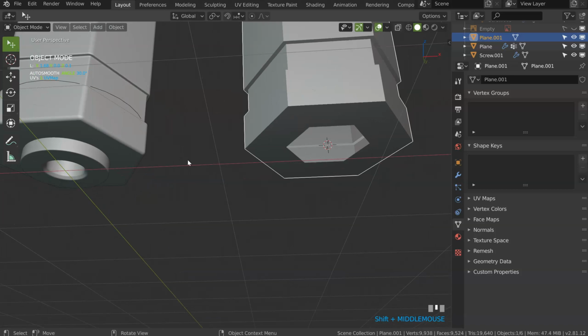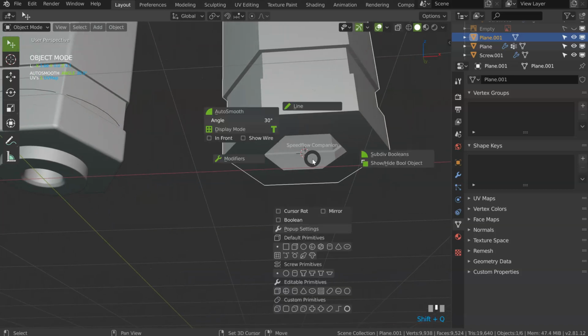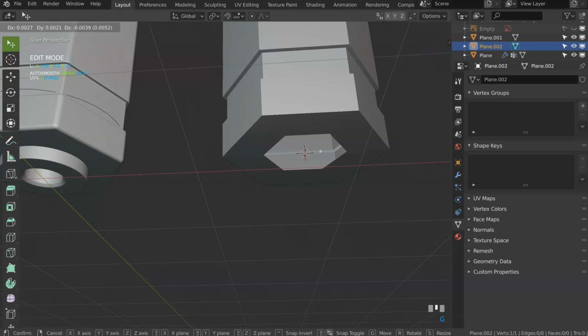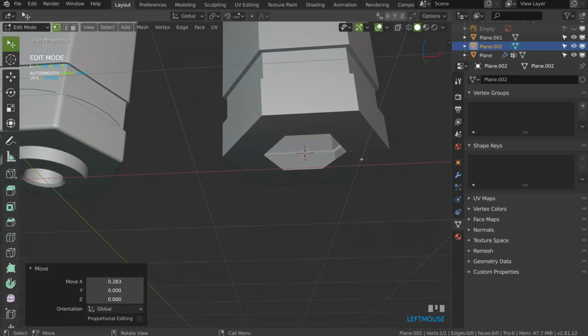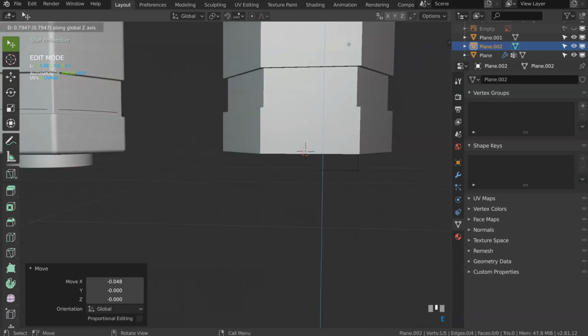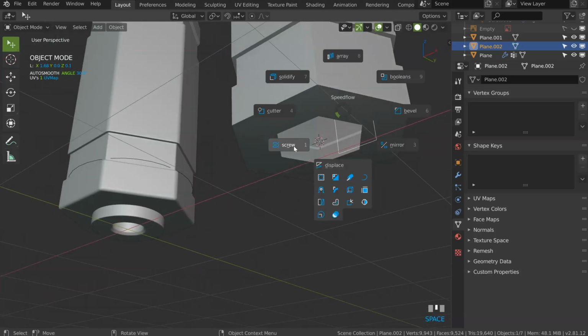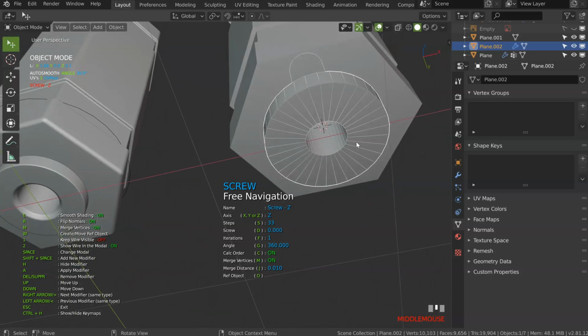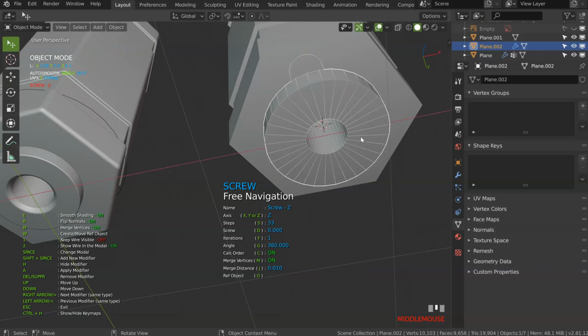So there are different possibilities on this one. I can do the same as previously. That means I can create a simple vertex. I can move it like that. I can press E, E, and G, and after E like that. And add a screw. Add the number of segments I want. And after apply it.